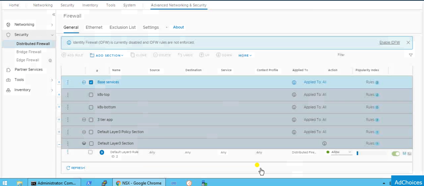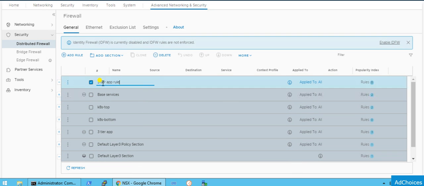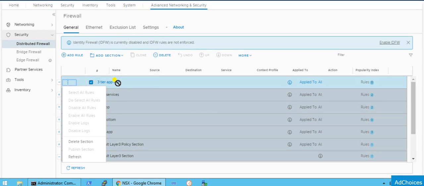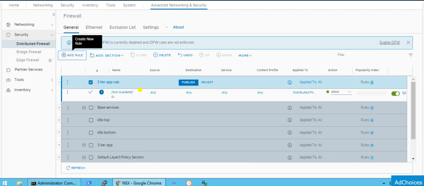Just click on OK. As you can see, my section is created. Now let's add a rule in this section. Click here, add rule.